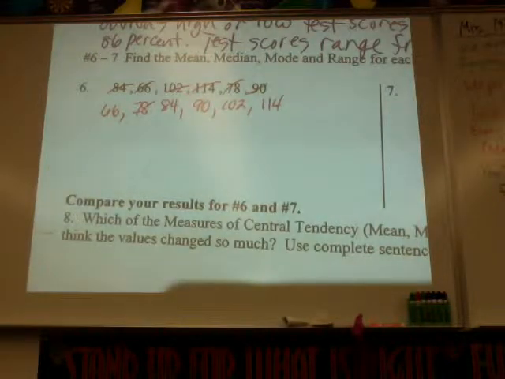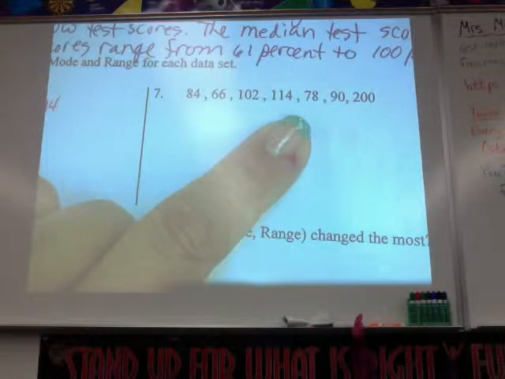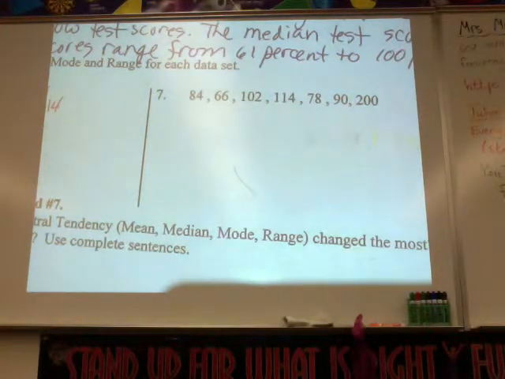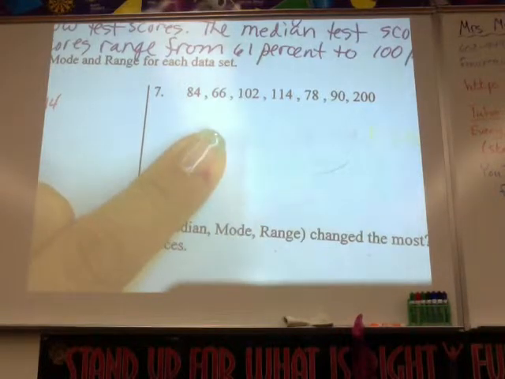So on this one, again, we have an even set of data. I will tell you on number 7. Number 7 has an odd set of data. So on number 7, when you order this one, the middle number is going to be one number you won't have to average. So on this one, if you have 7 pieces of data,